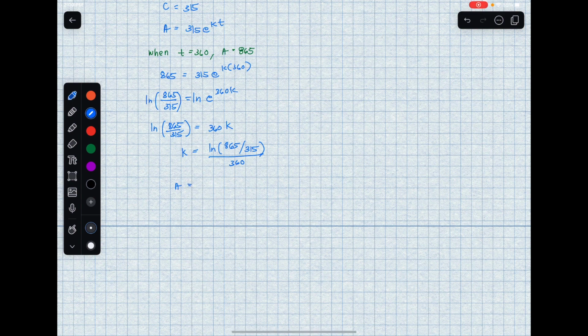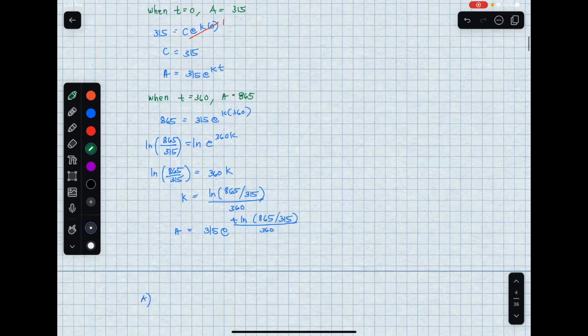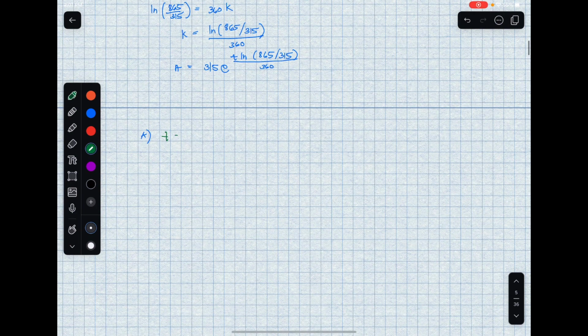Finally, we can have our working equation to be 315 e raised to, I'll start with t, t ln of 865 over 315 divided by 360. We can now solve our first requirement. So what would be A when t is 720? What is the number of bacteria? A then would be 315 e raised to 720